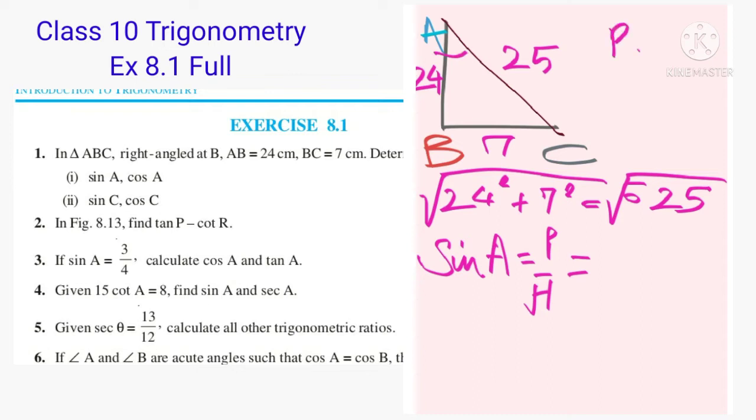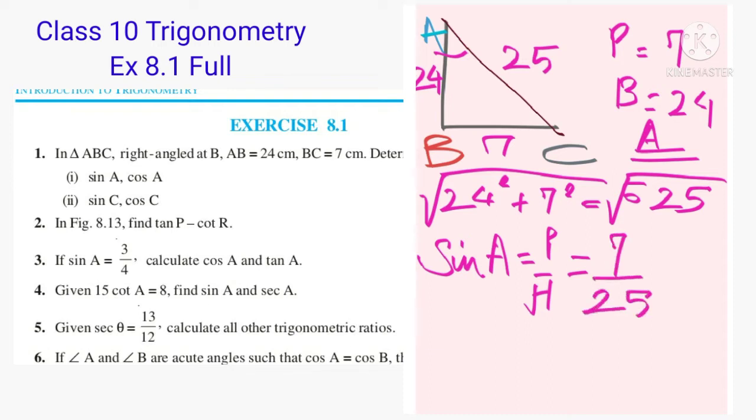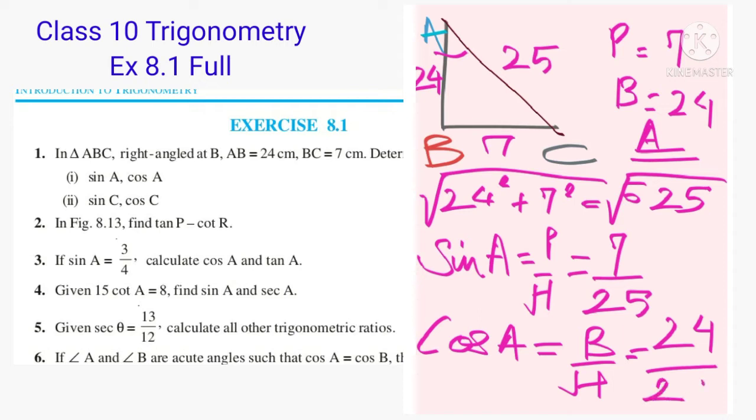So now I want sin of A. So my perpendicular becomes 7 and base becomes 24 when I am considering the angle A. So perpendicular is 7 upon hypotenuse is fixed, which is 25. Similarly, the value of cos A will be "brown here", that is base upon hypotenuse, base is now 24 and hypotenuse is 25. So I am again explaining, if the angle I am considering is A, then the line joining the angle to the right angle will become the base. So AB will be the base now and BC will be the perpendicular.